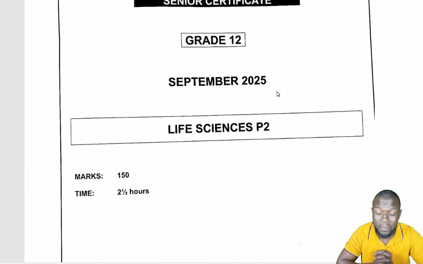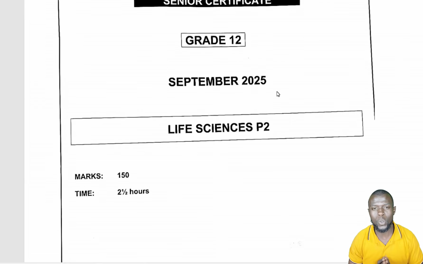Today we're going to be talking about Paper 2. This Paper 2 was written by one of the provinces, so we're going to be using it as a guideline for our September exam. However, we will try to highlight some of the areas where you can focus more regarding these